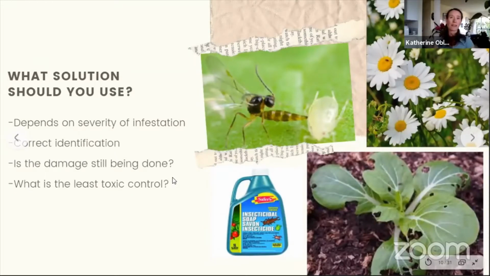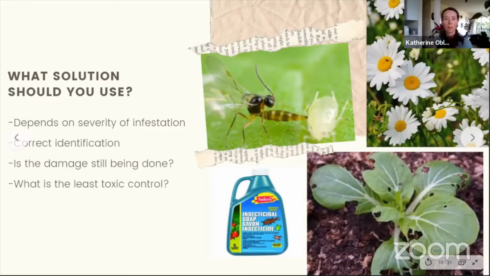Also important in terms of assessing what solutions should be applied is whether the damage is still being done. If it's old damage, there's no point. Look for the next generation, but there's no need to treat now. And then what's your least toxic control method? Typically, that's hand picking insects off, if that's a viable option. It can also be a matter of cutting out the diseased leaves or branches. There's a lot of options before we get to products like insecticidal soap, although insecticidal soap can still be